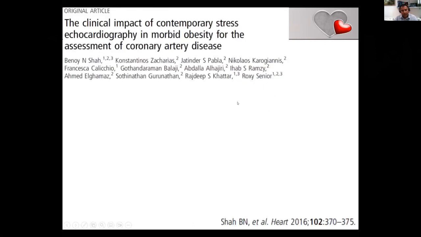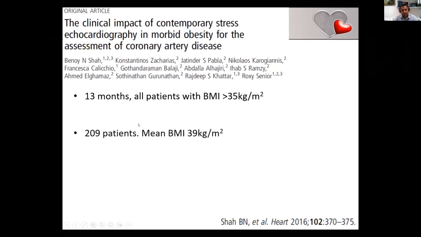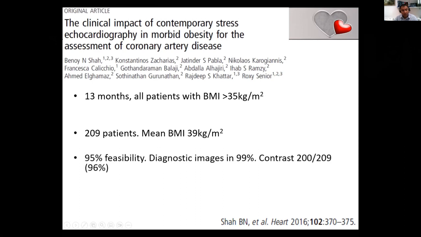And what we did in this study, over a 13-month period, this was a prospective multi-center study across 3 hospitals in London. We looked at all of the patients attending for stress echo and looked at those that had a BMI of over 35, which in total was just over 200. And the average BMI was actually much closer to 40. And what we found, incredibly,